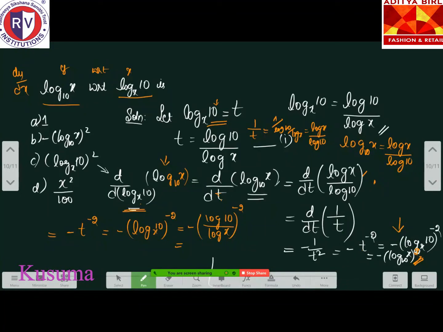What about if I take the reciprocal of this? So this is our entire term. Now what I am doing is, I am taking 1 over this log 10 by log x to the power, then the power will become 2. See here, what we are doing is, we are substituting for t, log 10 by log x. Understood? Understood now?